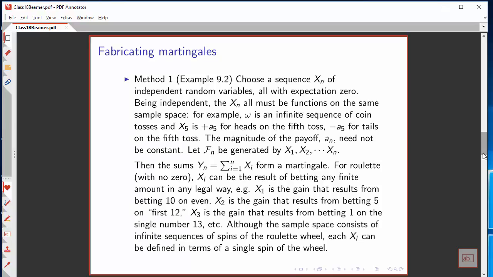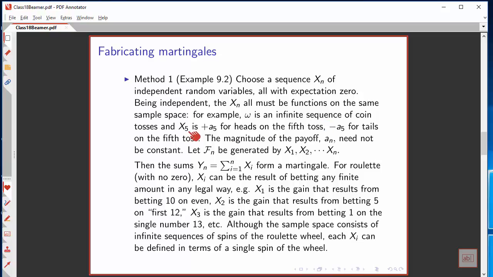Now let's consider how we might make martingales. Here's the simplest way. We choose a sequence of independent random variables, call them x sub n. They all have expectation 0. Now I can only talk about random variables being independent if they're all functions on the same sample space. So that means my sample space will have to be something like an infinite sequence of coin tosses, and then